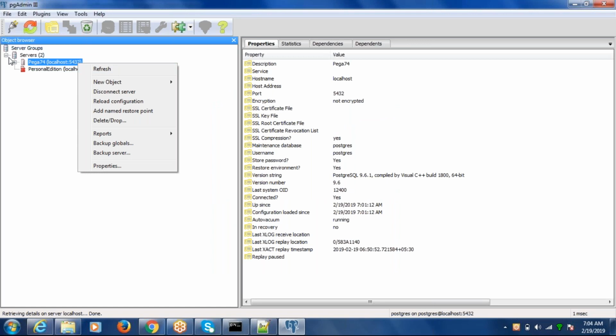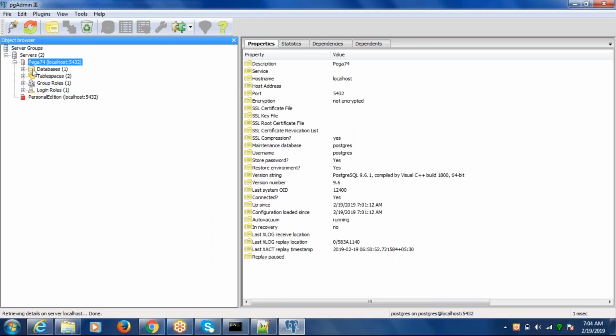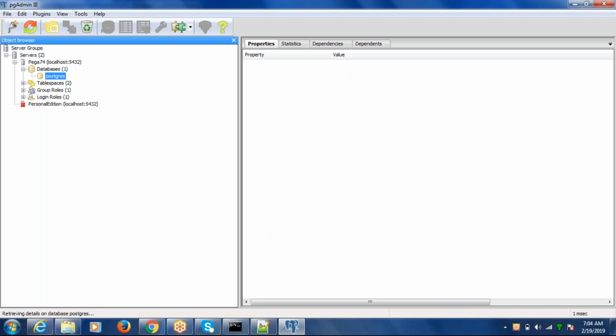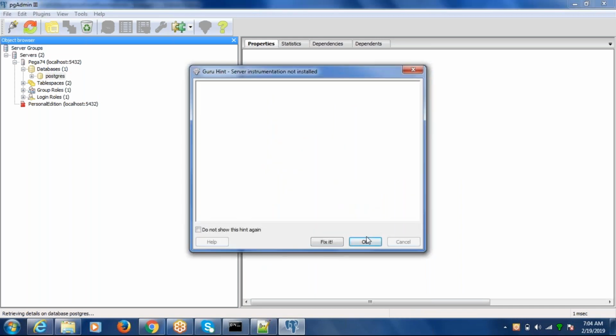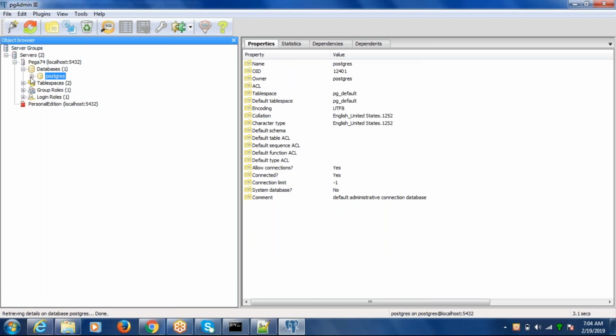So here, on click of it, you can see the databases which are available. Here Pega is coming with the Postgres database. Inside this you can see the schemas. The schemas which are available are rules and data.